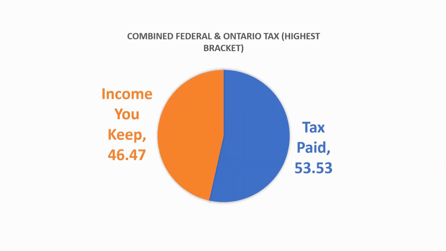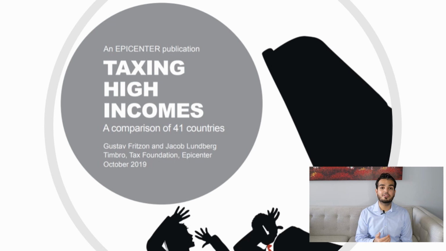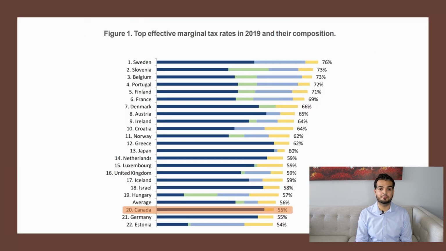More than half your income at that point goes to the government. But Canada isn't the only country to have a system like this. A lot of other countries use a very similar progressive tax structure, although the tax rates and the tax brackets may vary. So now that we know what types of income are taxable, let's talk about what types of income